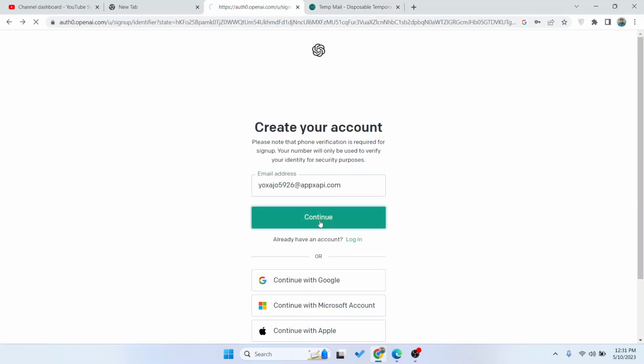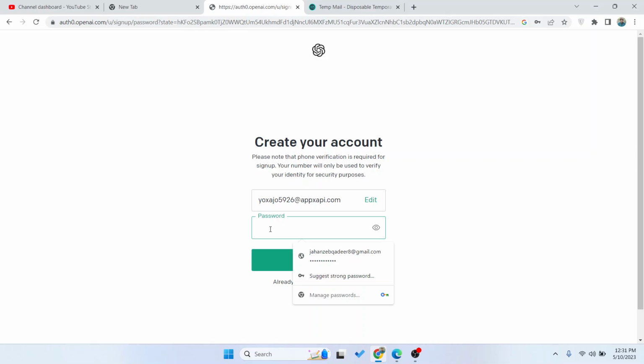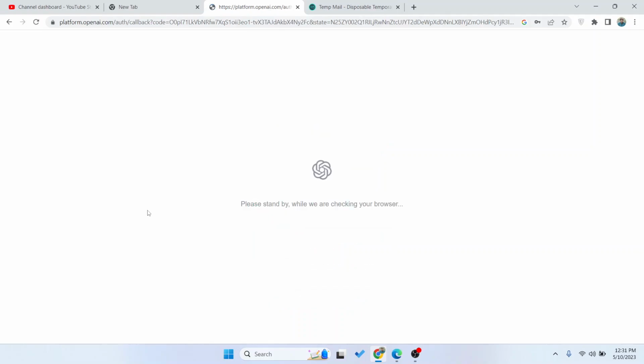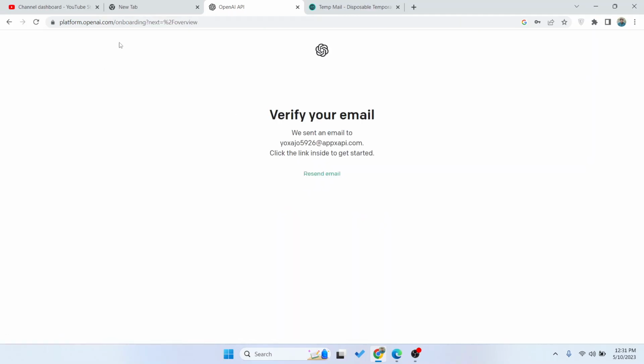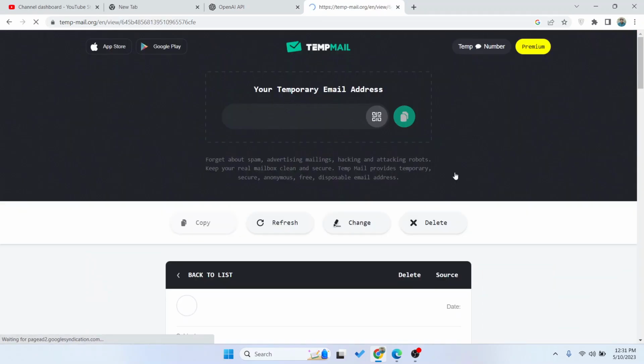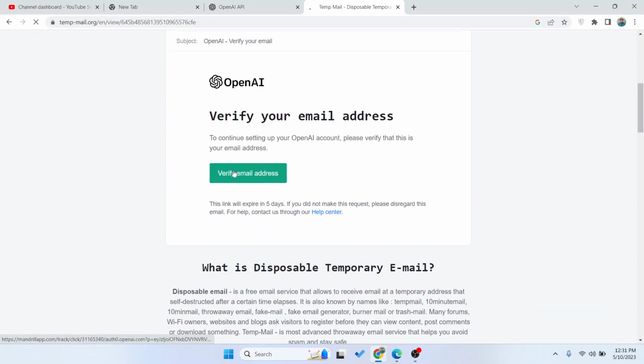Hit continue, enter password, click on continue. So it will redirect you to the next page. So here you can receive an email to verify your account. Click on verify email address